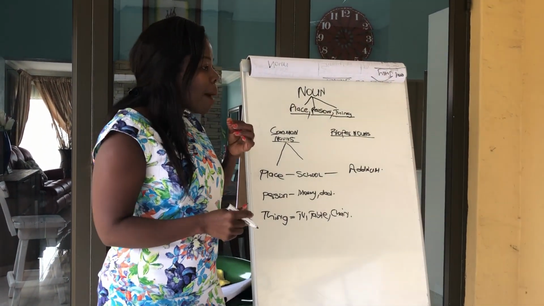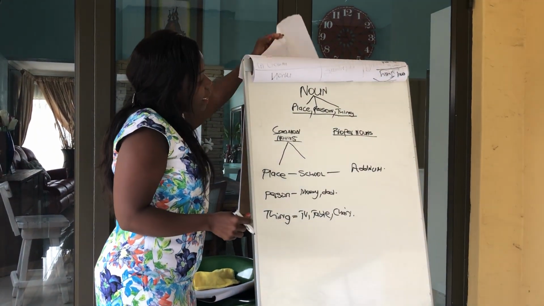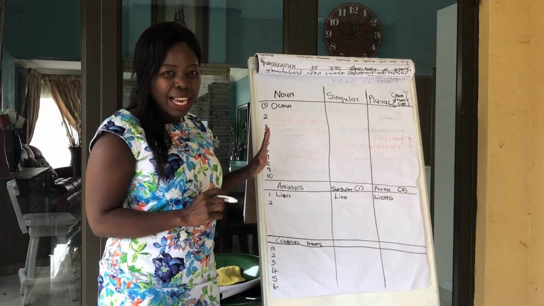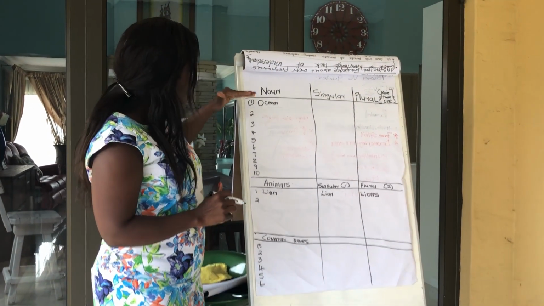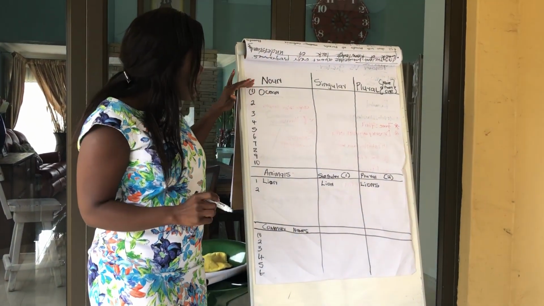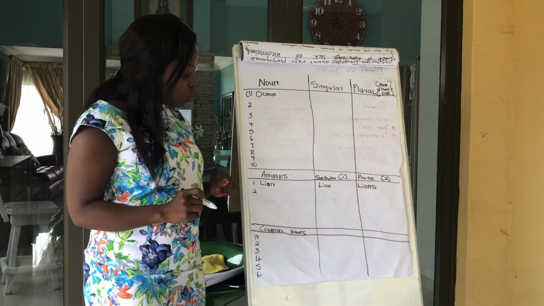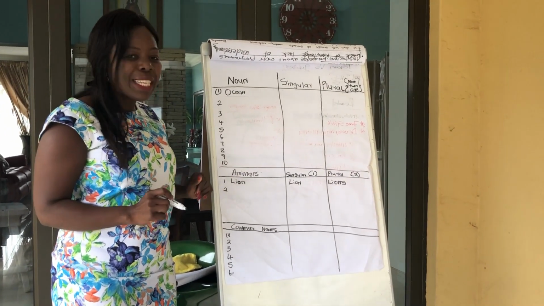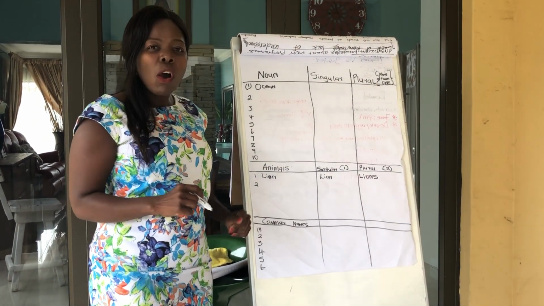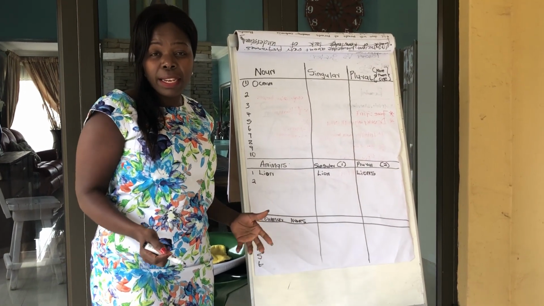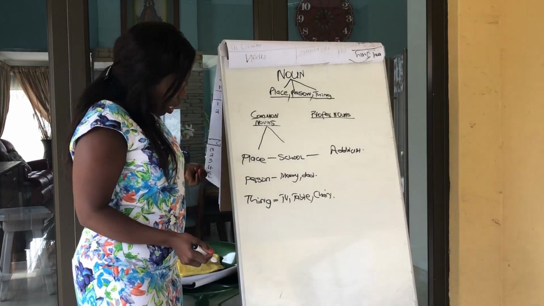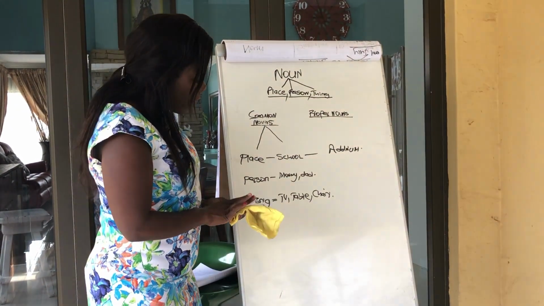So now, I'm going to go back to the table. This is the table that I assigned you to do. Here, I said you should list all the names or things that are created by God, up to 10. And then here, you list all the animals, up to 10. And then you list all the common nouns, things that you can identify in the house, up to 10. Right. So, when you're done with identifying those things,